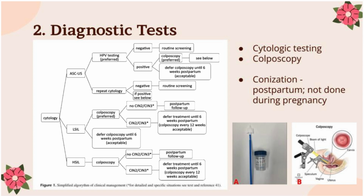Now, cervical biopsy or cone biopsy or conization is done by removing a cone-shaped portion of the cervix encompassing the transformation zone and suspicious cervical lesions for subsequent histological analysis. The procedure is considered therapeutic and diagnostic if all cervical dysplastic lesions are contained within the specimen. However, this should not be done during pregnancy due to the risk of excessive and uncontrollable bleeding from the hyperemic